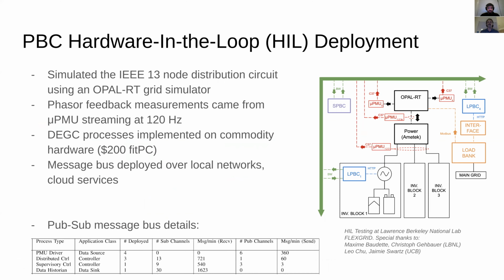So we demonstrated the DEGC platform on real hardware at Lawrence Berkeley Labs Flex Lab test site. The test site consists of an Opal RT grid simulator that's here in the box on the right, an Amitech power amplifier, 4 PMUs, and actuation hardware, including a solar edge inverter, solar panels, a battery, and a controllable load bank. Specifically, we chose PBC to demonstrate the control platform due to PBC's demanding PMU data communication requirements, as we mentioned earlier. Both the supervisory and feedback controllers were implemented as DEGC controllers, and the PMUs were implemented as